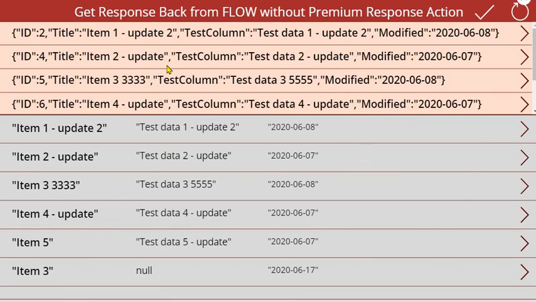As you can see on the screen, there are two galleries. The first gallery is showing the original data, and this is the second gallery. What you see is that we have got the data from the flow, which is tabular data, without using the premium action. So let's see the details of it.